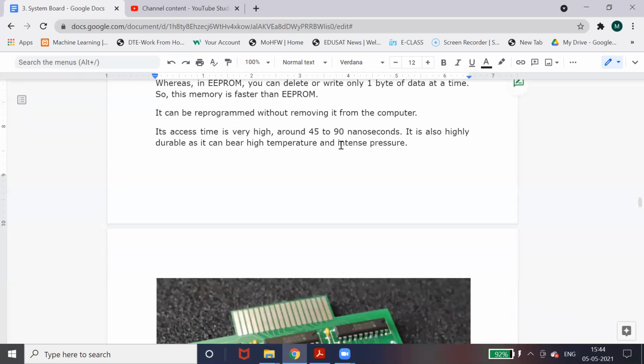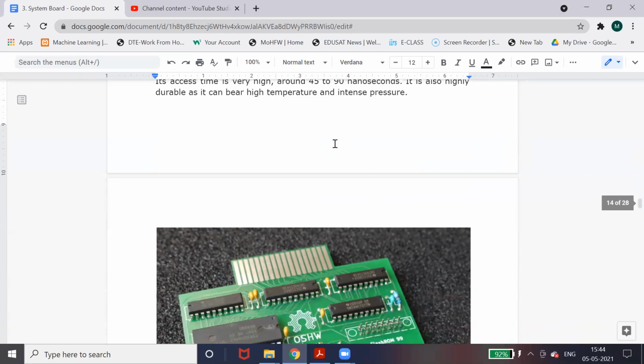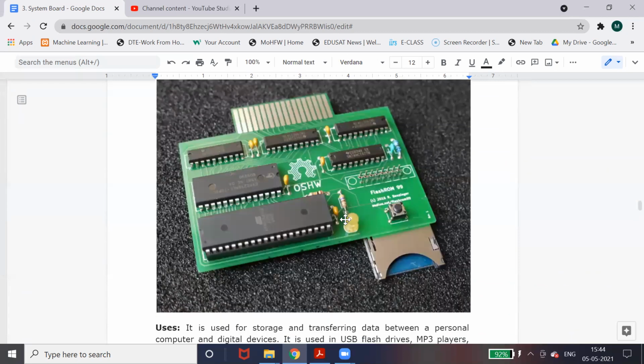Its access time is also very fast, that is up to 45 to 90 nanoseconds. So within 45 nanoseconds, you can access your data. This picture shows Flash ROM.